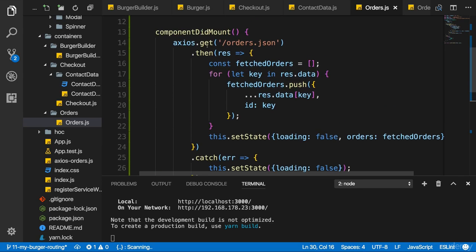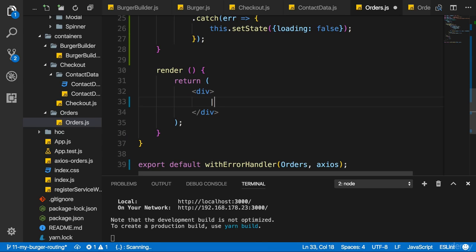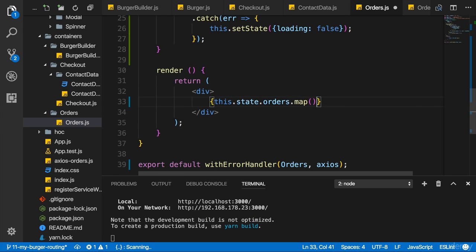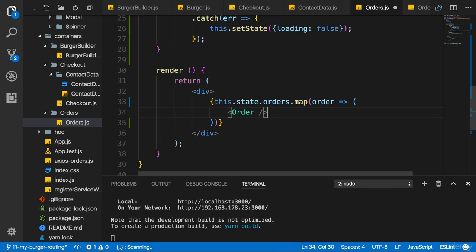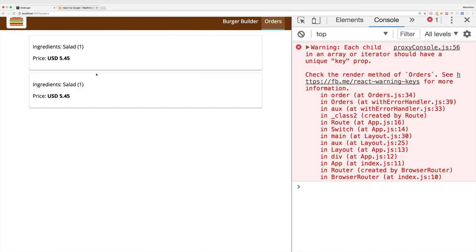In the last lecture, we added logic to fetch orders. Let's now loop through them and output them. Now here, I'll do this inline. I'll reach out to this state orders and map this array, well, you know it, into an array of JSX elements. So here I got my individual order, which should basically just be converted into an order object like this. That's it for now. If we save this, we should get as many objects here as we have orders in